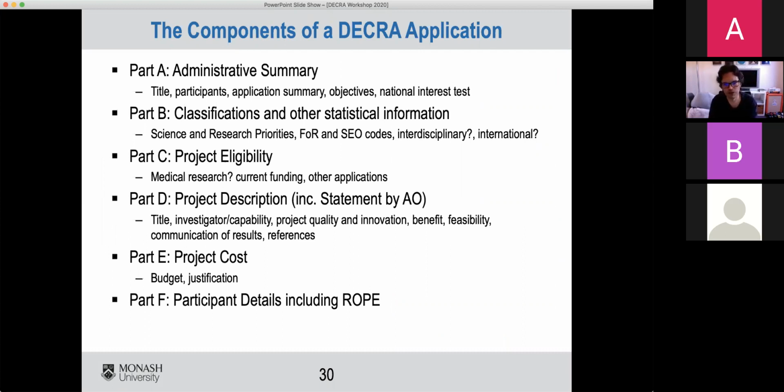Whereas the investigator capability in Part D might be a little bit more weighted towards the previous research and how that relates to the research that you're proposing.